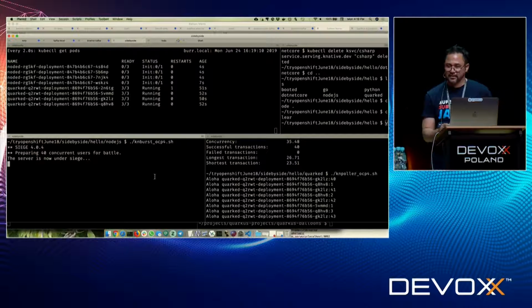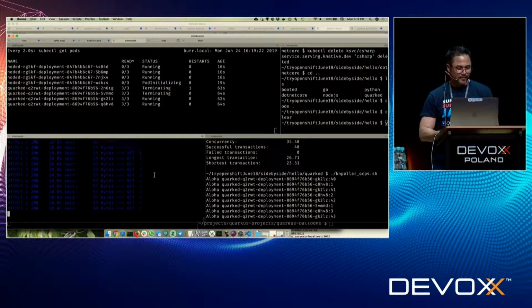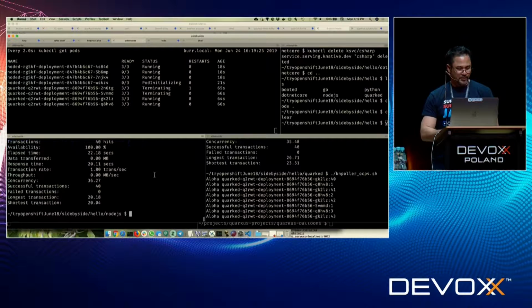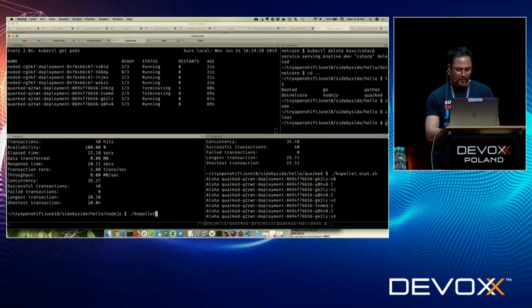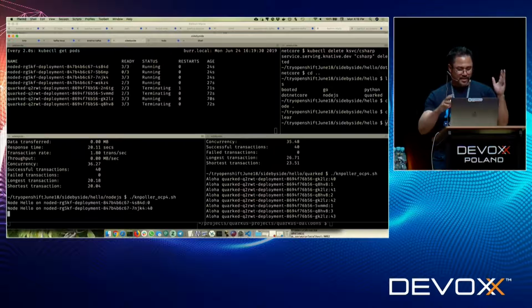Again, using a technology like Knative, where a serverless architecture, this sort of lightweightness and fast startup time really does matter. So here goes our Node.js applications. They're coming online right now. And so there we go. So that took about 22 seconds there. Let me do my little poller, and that way, again, I keep it up.